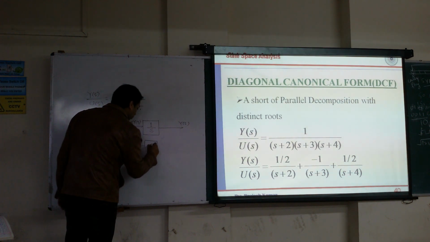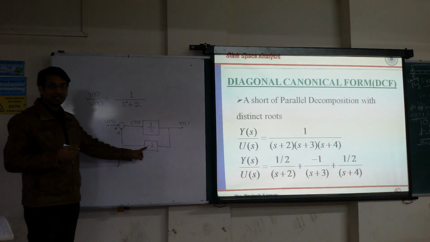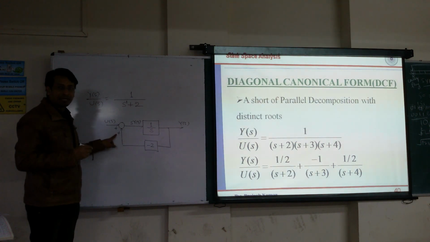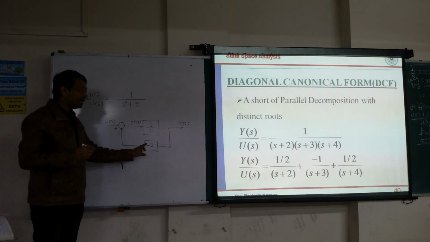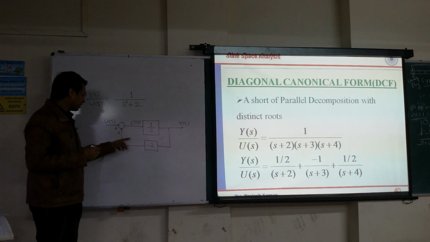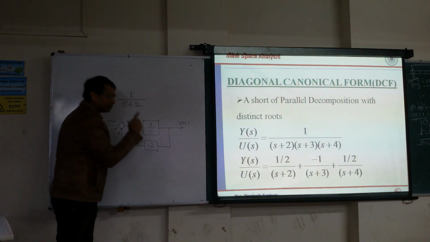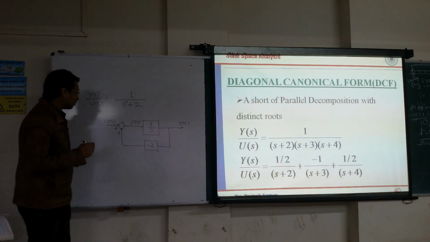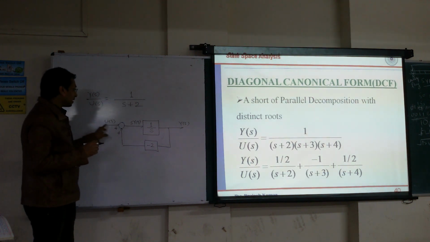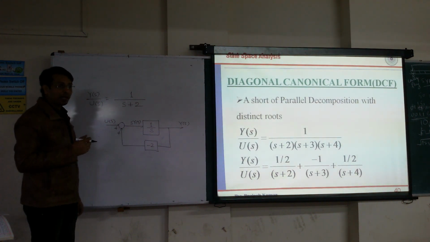In the synthesis problem, what we do is we combine the negative sign with the gain 1 for easier handling. Alternatively, you can also write that it should be 2 here and my negative sign here, but it is a general practice to consume the negative sign inside the block. Okay, because in the complex cases it will be difficult to handle with positive, negative, and all the polarity. So it is better to consume this negative sign. So now try to verify this. I have written that this particular transfer function s plus 2 can be synthesized in frequency domain with this type. So whether it is correct or wrong, I am going to verify.